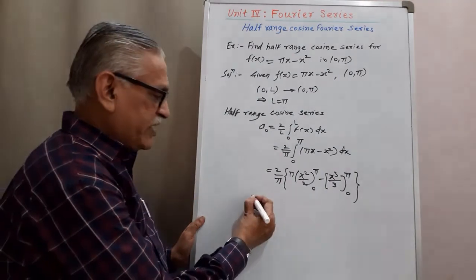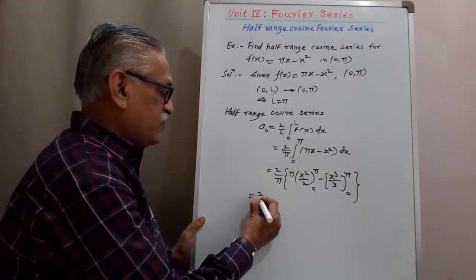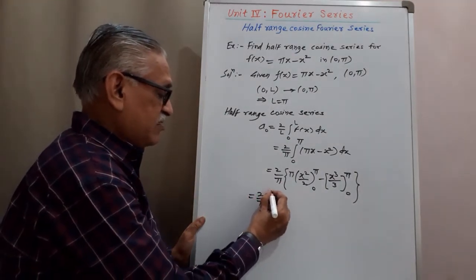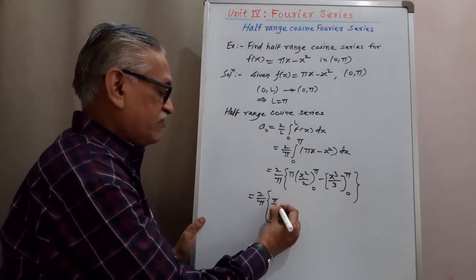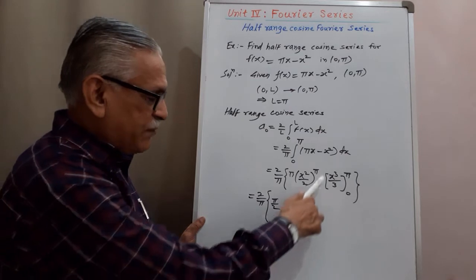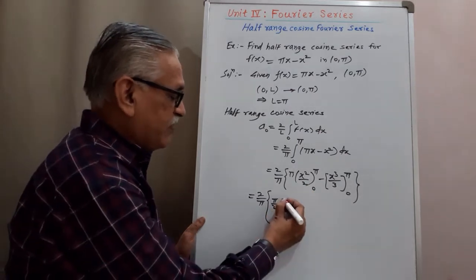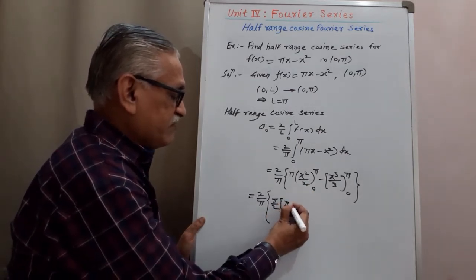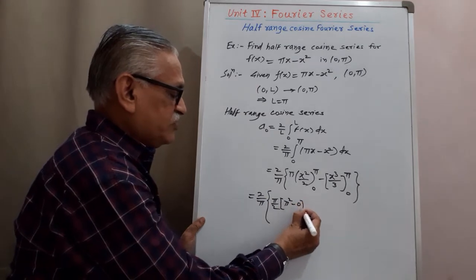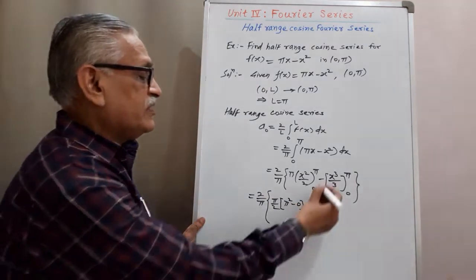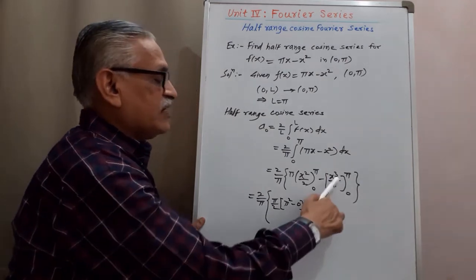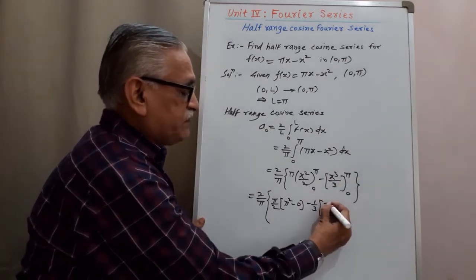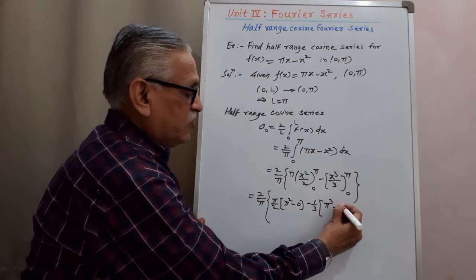Simplifying it, we get 2 by pi, pi by 2 constant term, upper limit minus lower limit. For upper limit it is pi square, lower limit 0, minus 1 by 3, upper limit cube it is pi cube, lower limit 0,